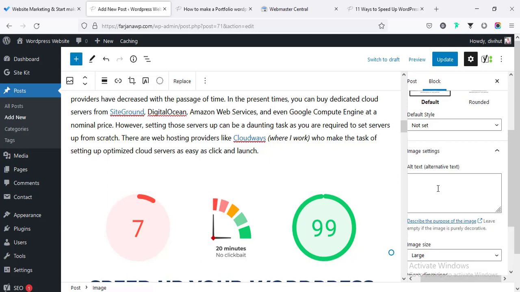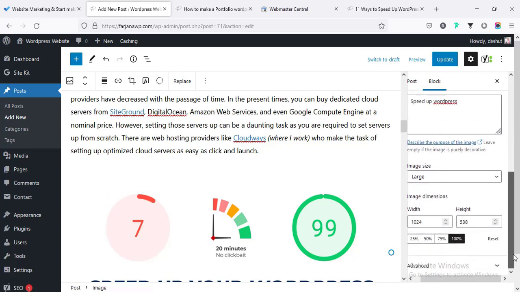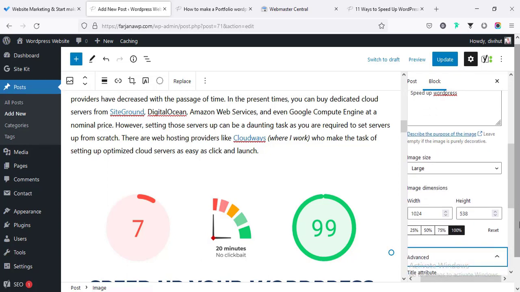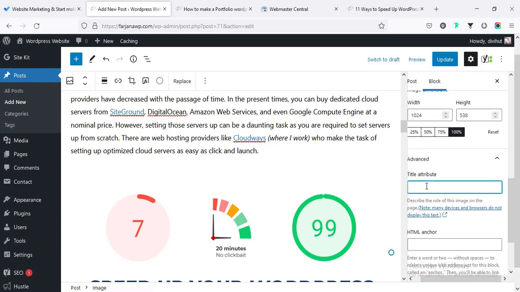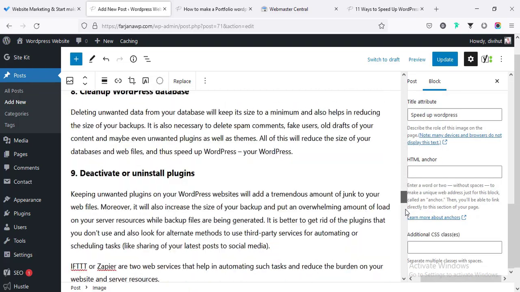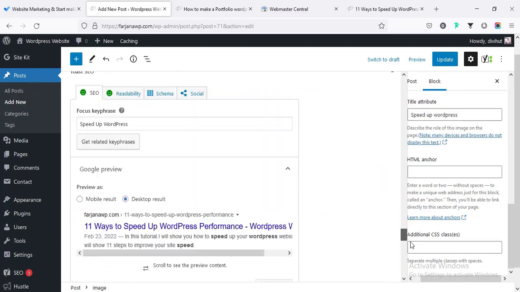So Google can read this text. I'm typing some text into our image alt. And also when I scroll down, going to advanced, here is the title attribute. We have to add this text here. And now if I scroll down from the left,